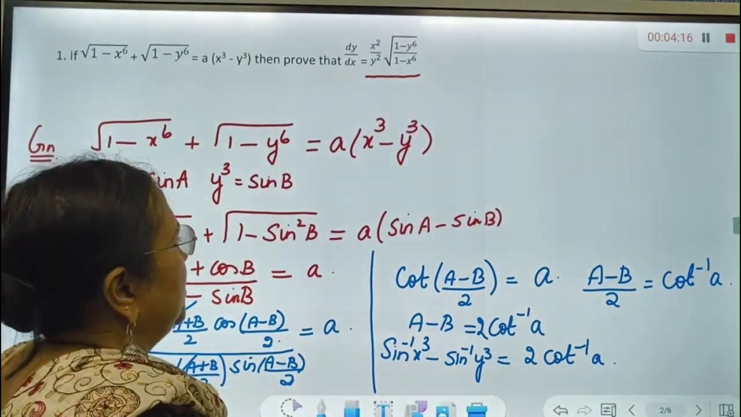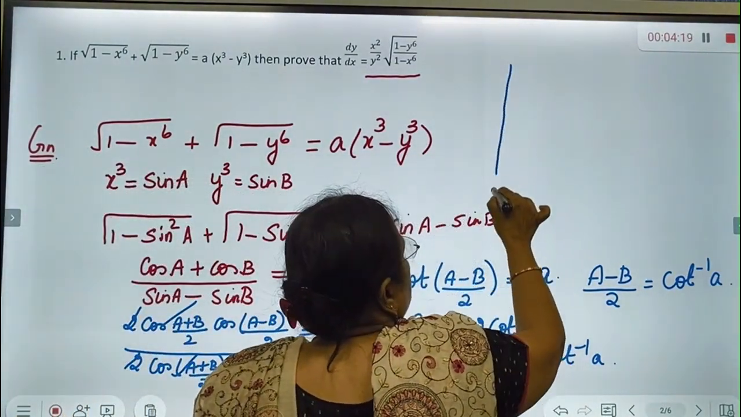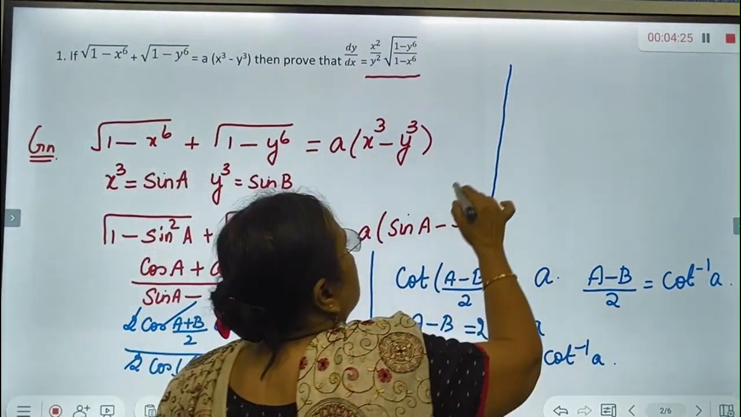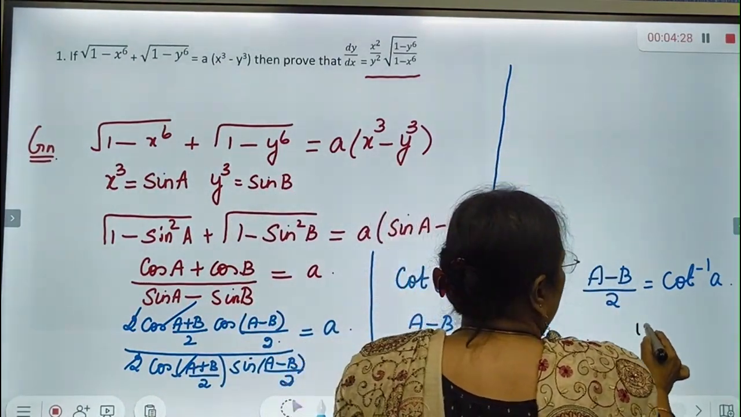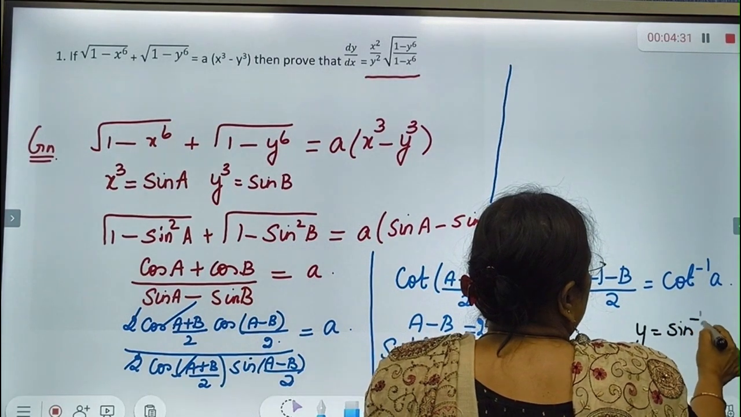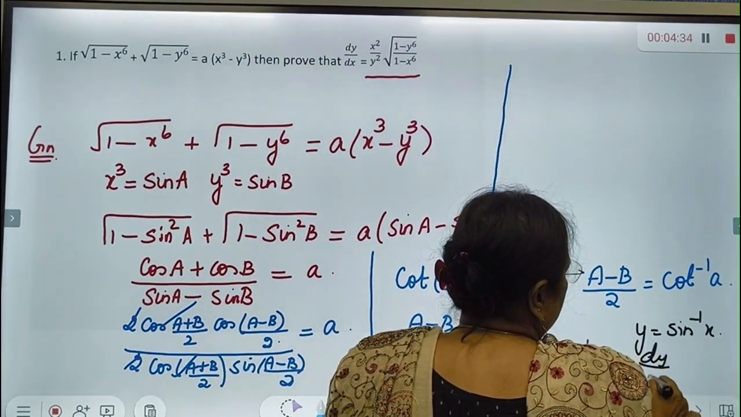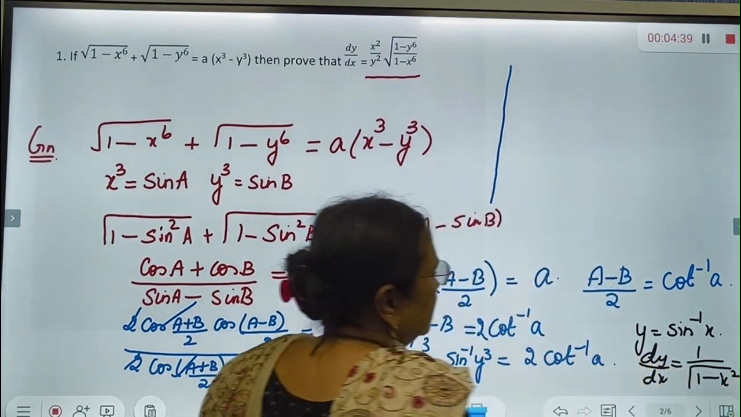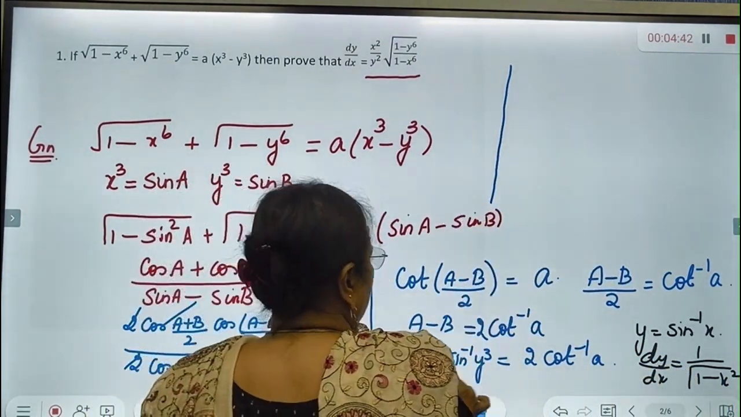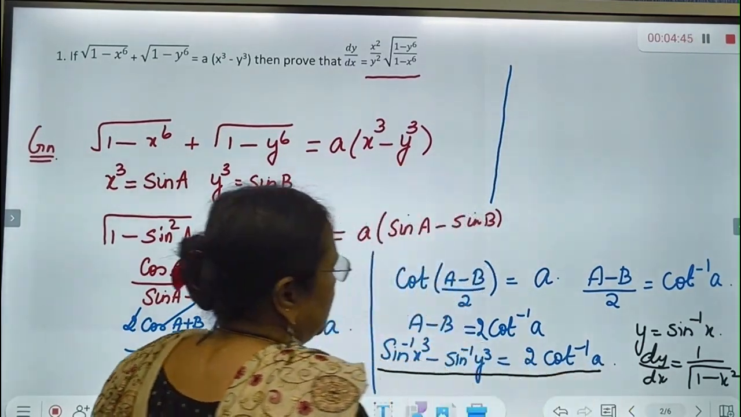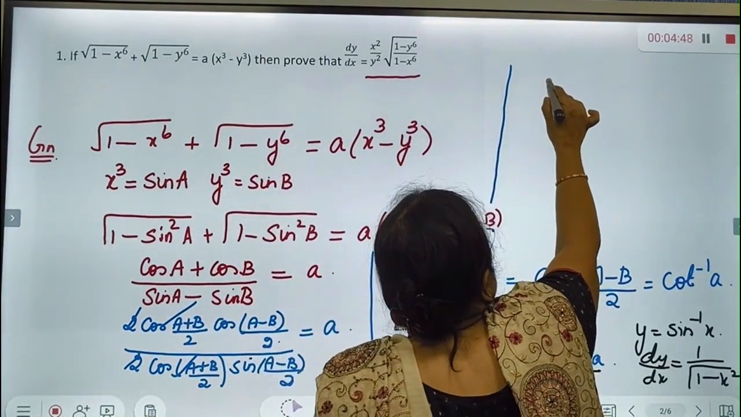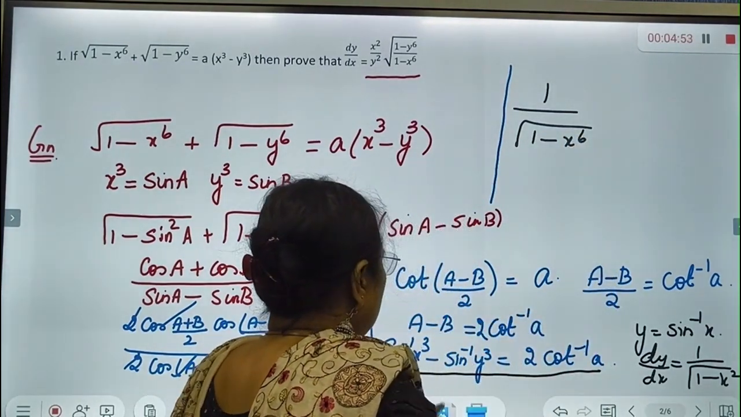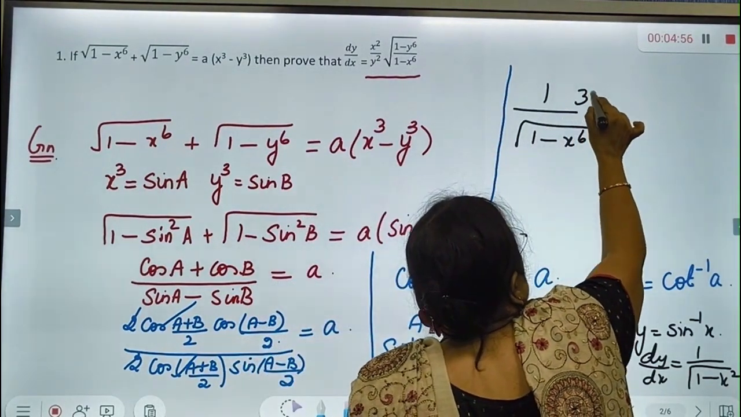Only now I am going to differentiate. So the differentiation process is here. What is the derivative of, if y is sin inverse x, dy by dx is 1 by root of 1 minus x square. Now here this is what we have, and I have to differentiate. Sin inverse x cube will be 1 by root of 1 minus x power 6 into derivative of x cube, which is 3x square,